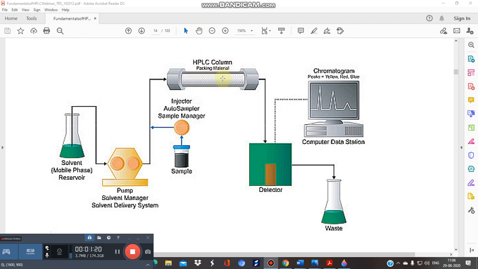And this is the place where the actual separation takes place, because when the mobile phase goes inside this way and your sample goes inside the column, here is the most critical step, that is, the separation. Particularly in this case, the basic principle is partition, and we will see how. Then after separation, yes, we have to detect. There are specialized detectors used in HPLC, and then the chromatogram is finally obtained. And for the waste material, there is a special place for the collection of the waste also.